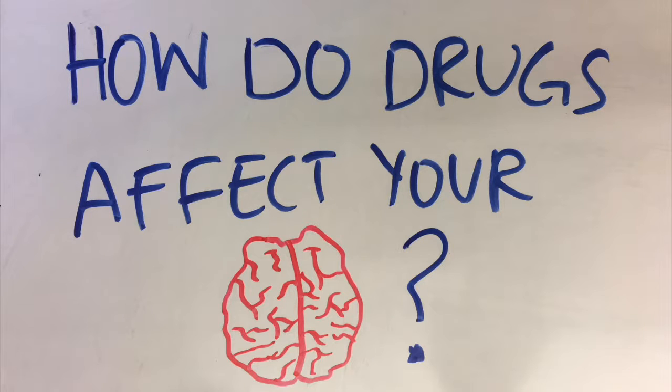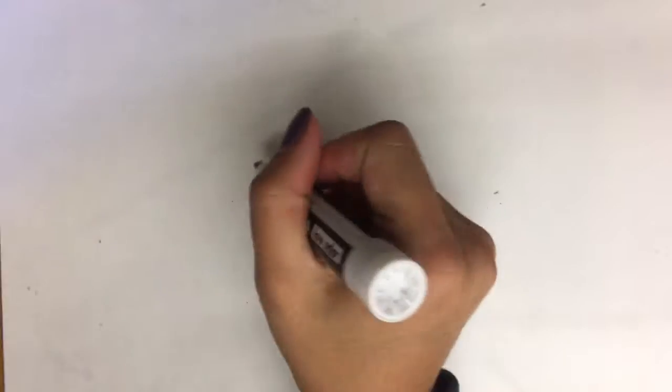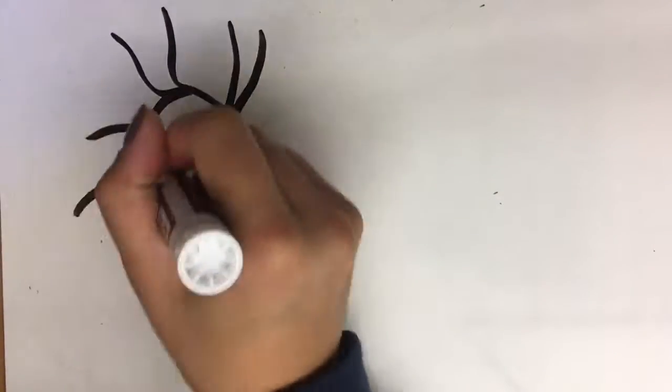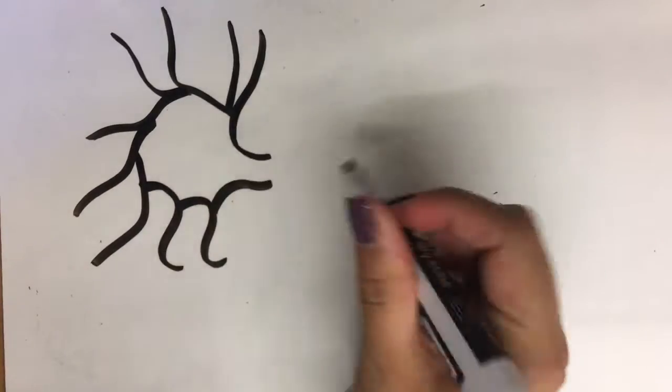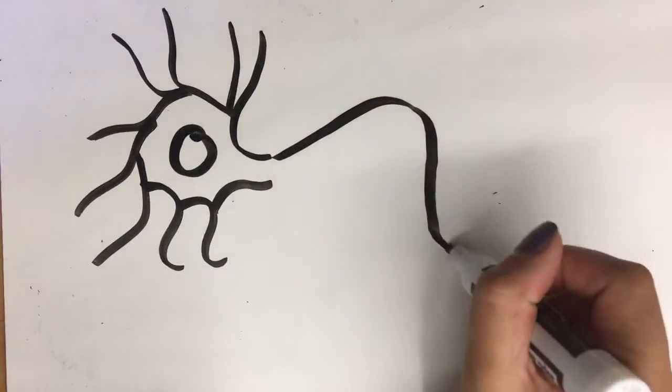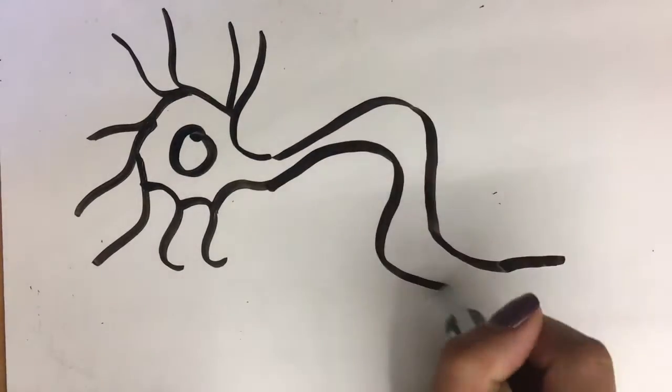How do drugs affect your brain? Some basic information about neurons and neurotransmitters. A neuron consists of dendrites which receive information from other neurons, a cell body which contains a nucleus controlling the neuron, an axon and axon terminals which deliver signals to neighboring neurons, and a myelin sheath which is a protein